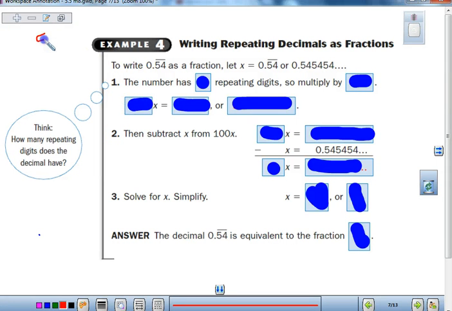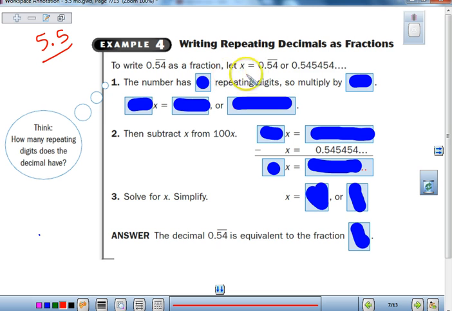As we finish lesson 5.5, the last part that we did not get to was writing a repeating decimal as a fraction. Now, I kind of talked about the 4 steps that you have to do to solve this. And what we want to take a look at is how do you do it? So if you're given, and the problem says you have at least 2 of these on your test, write 0.54 repeating